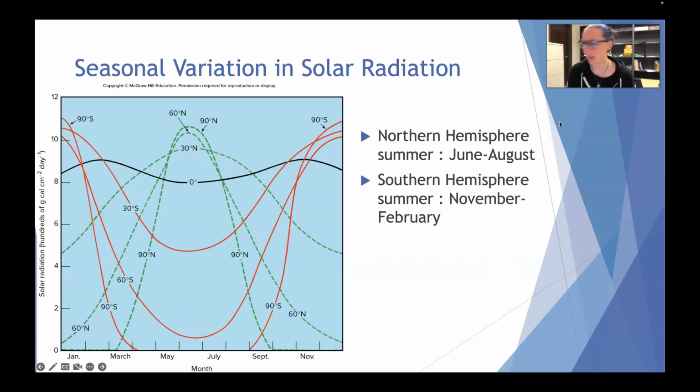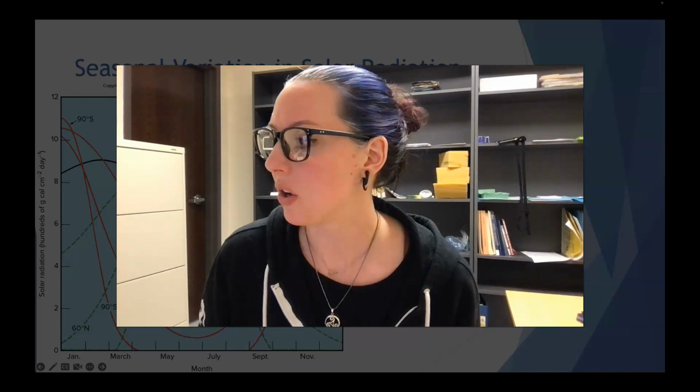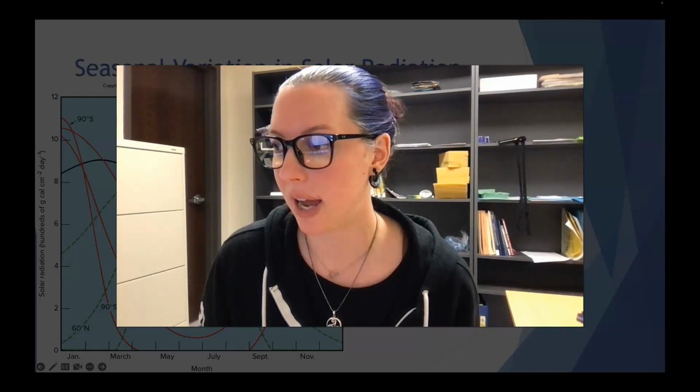So that's that. That's the structure of the atmosphere, as well as how the sun heats the surface of the atmosphere. So in the next video, we'll talk about what happens to incoming sunlight as it journeys through our atmosphere, and then talk about